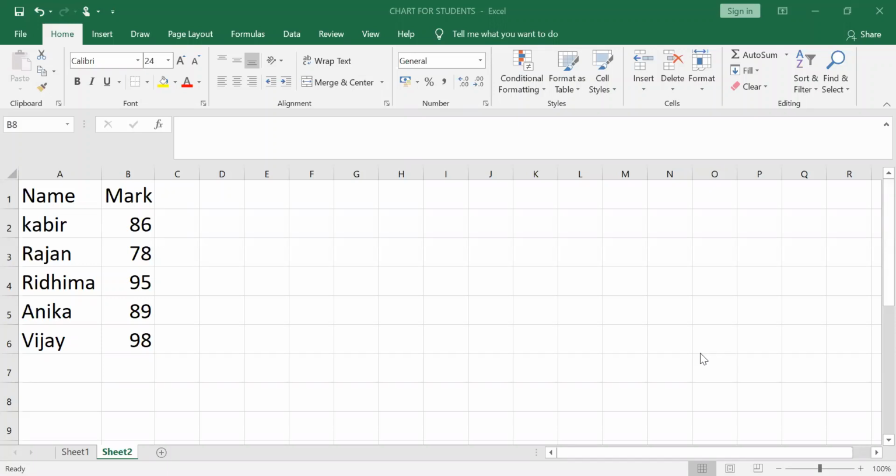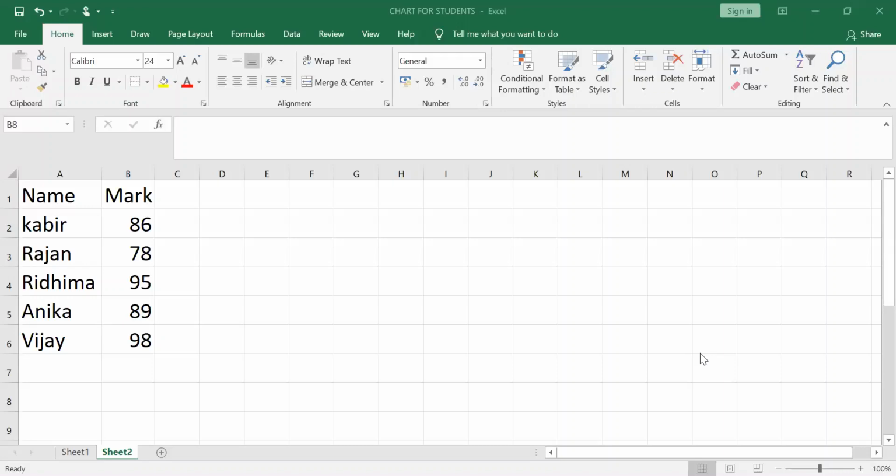Now you see, Excel offers the feature to create an embedded chart in a worksheet. For creating a chart we need data, and the data is known as source data. You can save the chart in that particular worksheet, and later you can take a printout of that chart also.